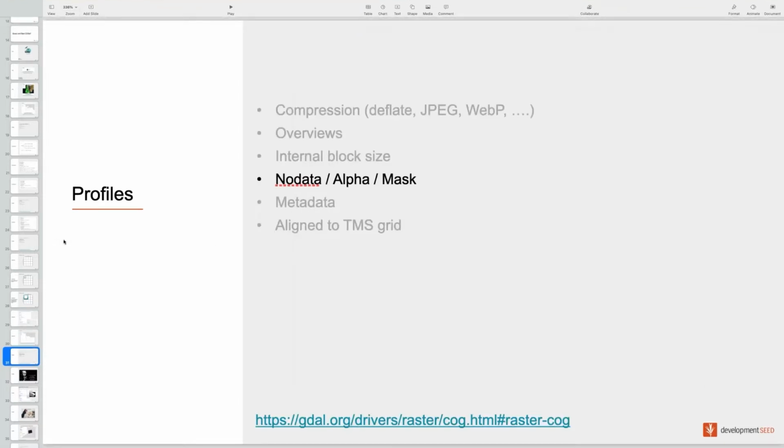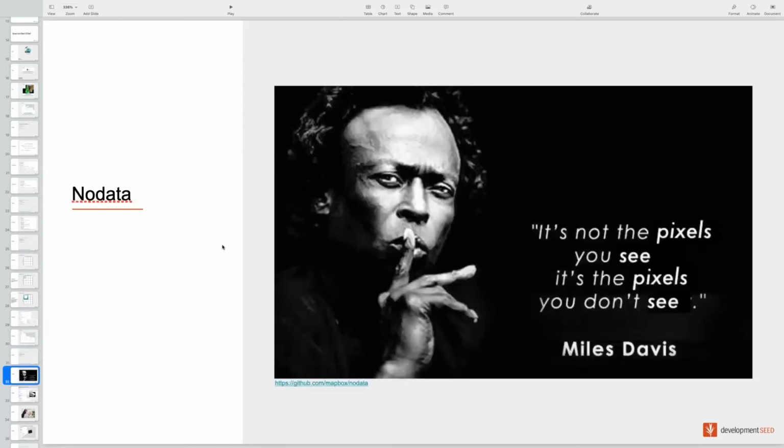Okay, so one other feature, maybe not the most important, but a really important feature of Cloud-Optimized GeoTIFF, or usual GeoTIFF, is the way to define the no data part of your data. When you have satellite imagery, or any kind of raster, there are often parts on the side of your data that isn't really the data. It's a no data area, and